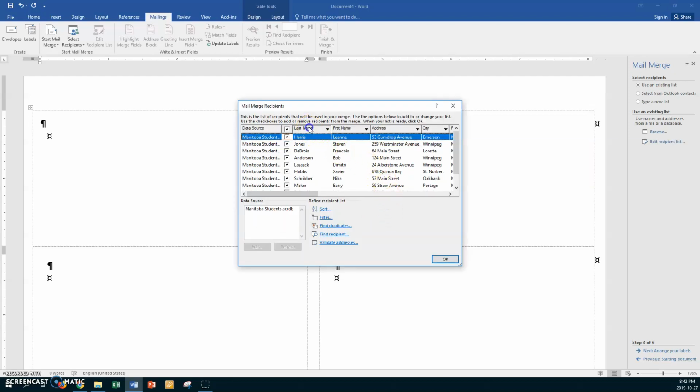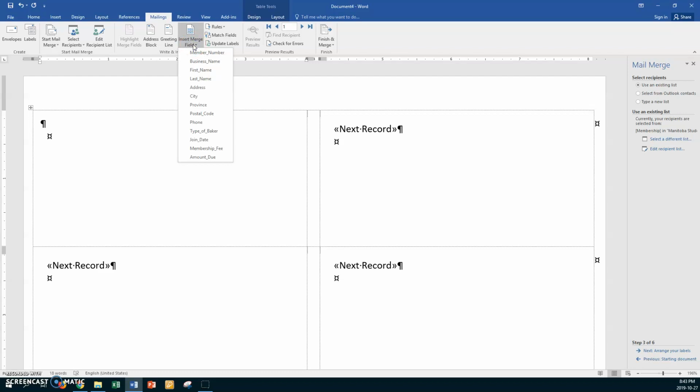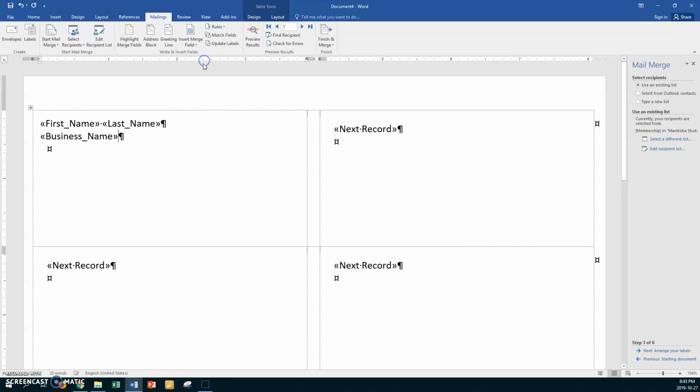And now the first thing, put them in alphabetical order, so you've got Anderson to Broadway and so on. Alright, click OK. And now we want to go to insert merge field, and I don't know if we have a title here. I don't think so. So we want first name, space bar, and you want last name. And it said bring all the fields on your label except for the membership number and the phone number. Okay, so we've got that in, and then it says make sure that the business name follows the student's name. So therefore we want to go to business name and press enter, and then we want to go to